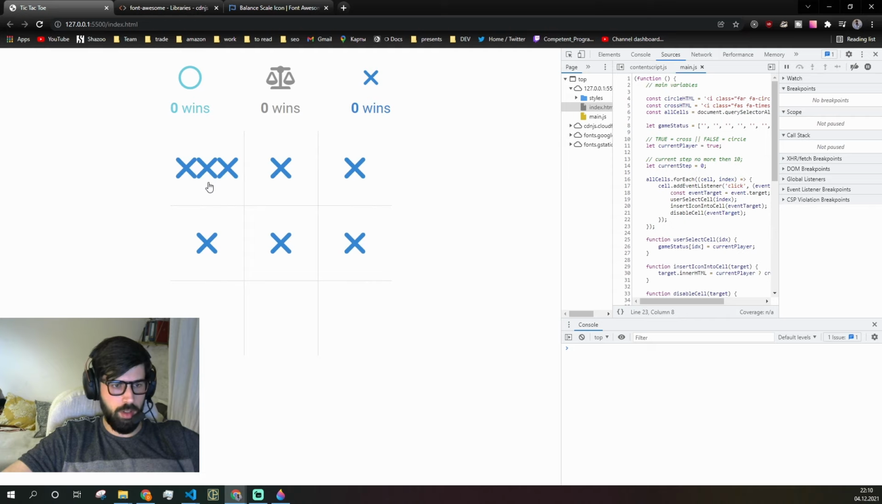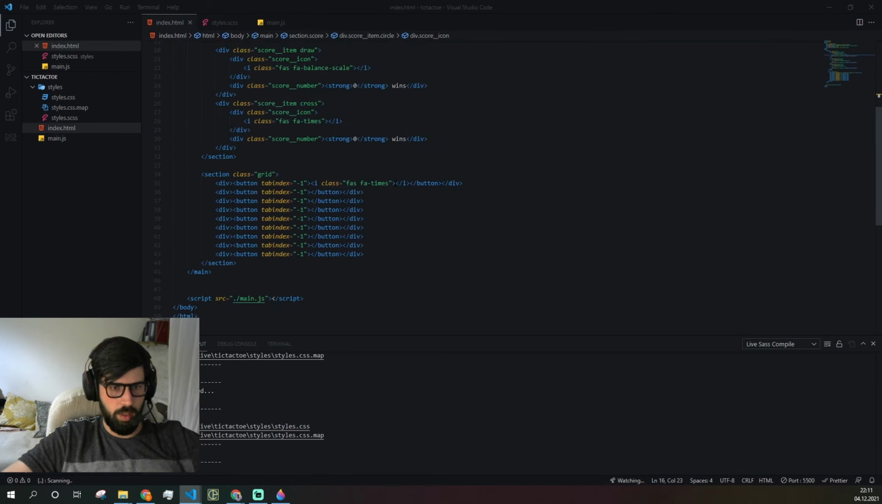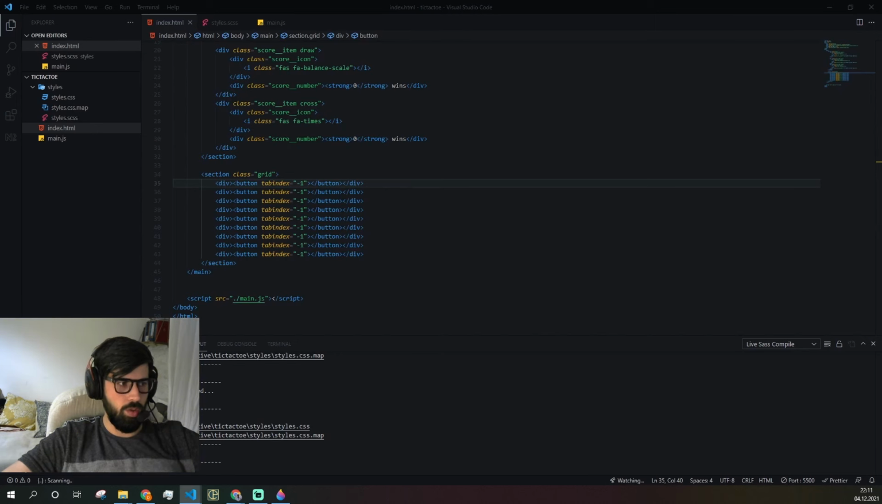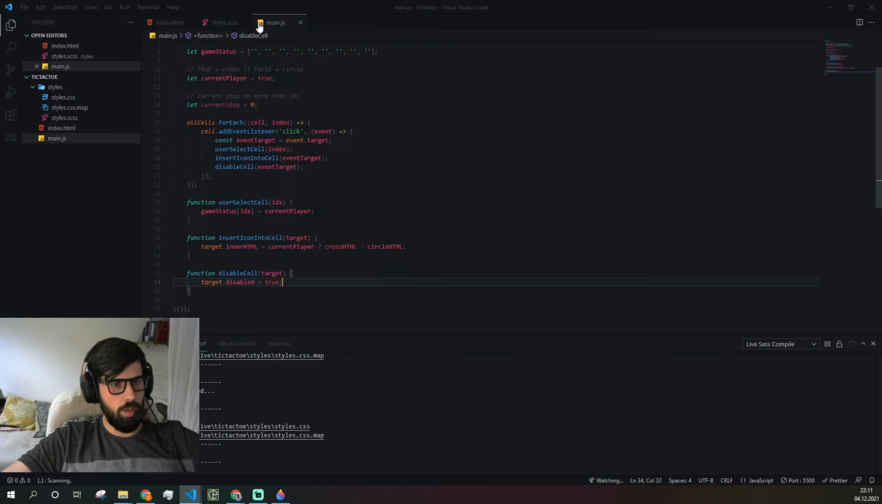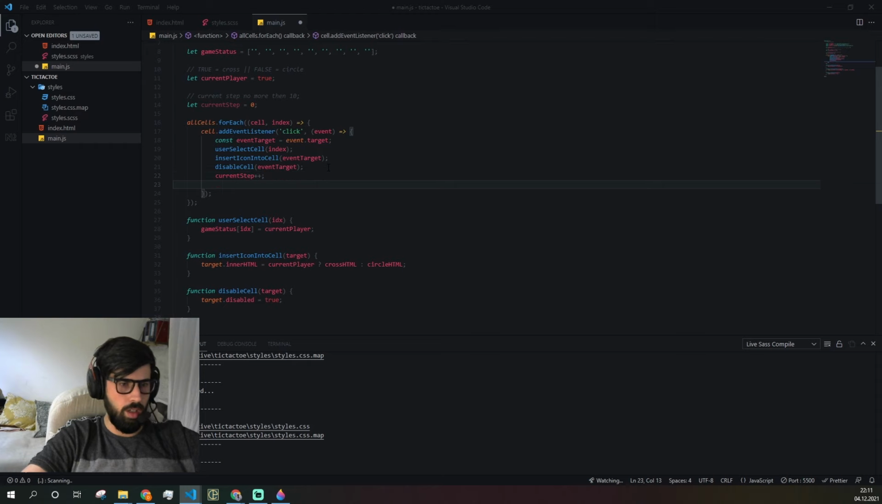Okay, this happens because we have cross here by default, I believe, and because of this we have it disabled. Okay, then we need to change player. We need current step plus plus, and